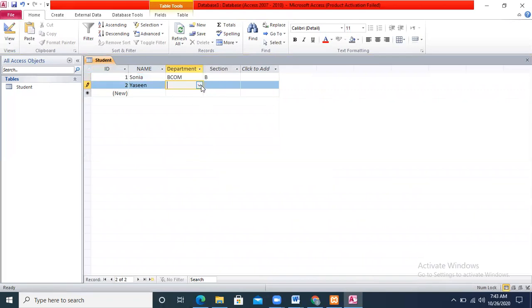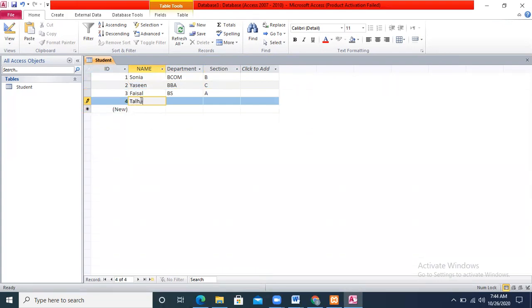Rather than this, first of all, I'm just generating some kind of dummy data in front of you. Then we will move forward towards the form creation in database, how we can create different kinds of forms in database. For example, some of the random records I'm adding over here so you can better understand